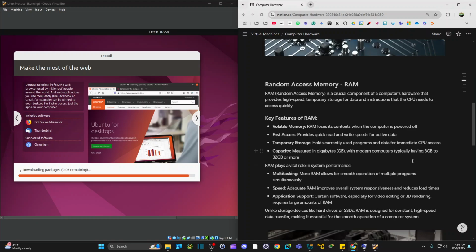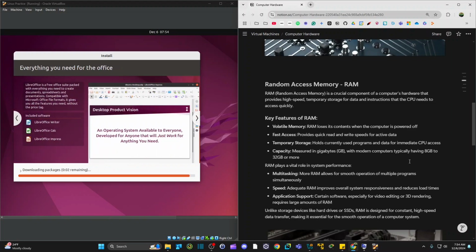We also chose how much RAM we want. Again, random access memory. This is a crucial component of computer hardware that provides high-speed temporary storage for data and instructions that the CPU needs to access quickly. So RAM, man, I tell you what, it is really advanced. As it says, 32 gigs. I have a laptop with 64 gigs on it. Pretty amazing how much RAM you can pack into these modern computers, and it really allows you to run